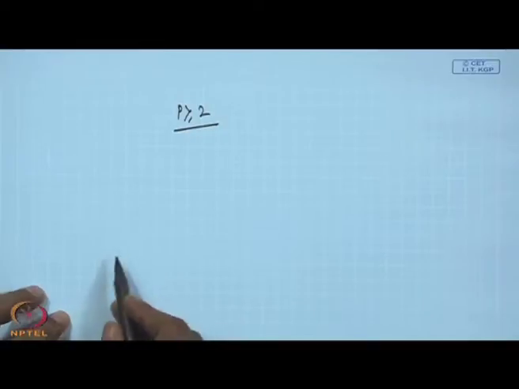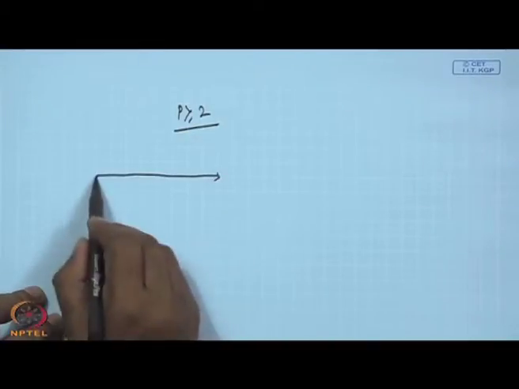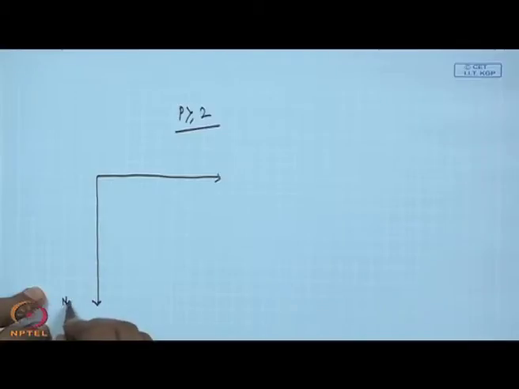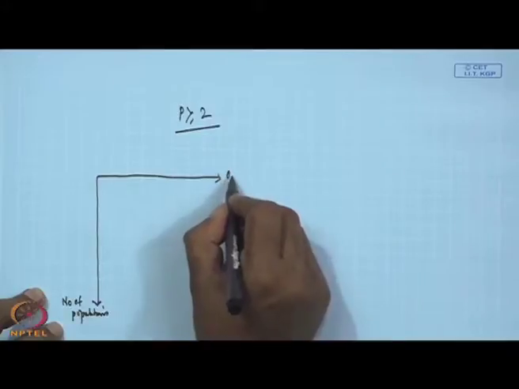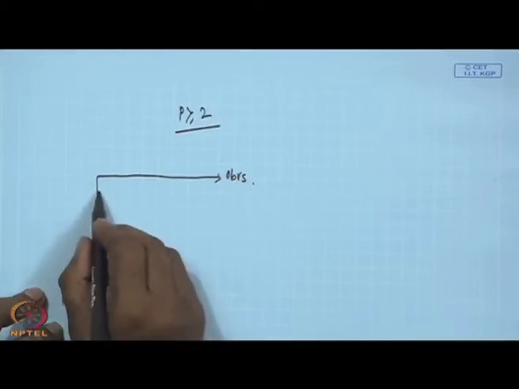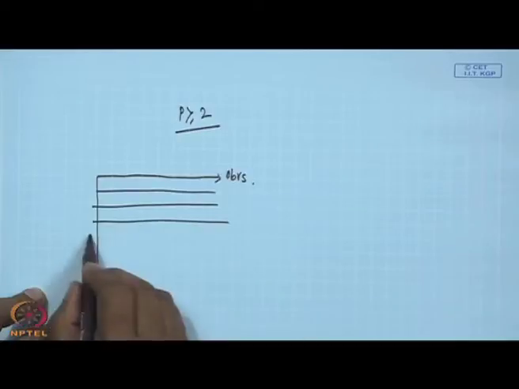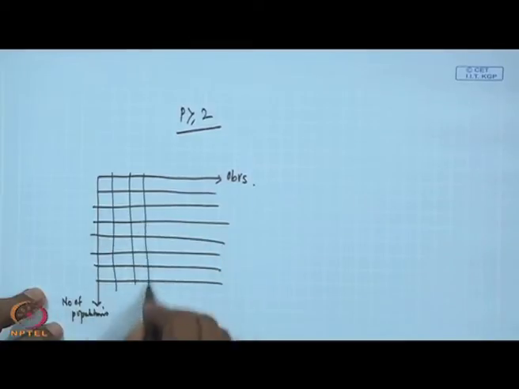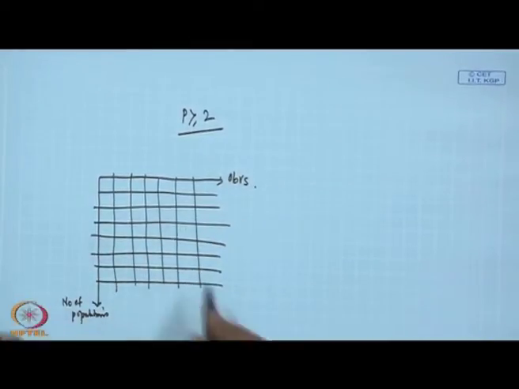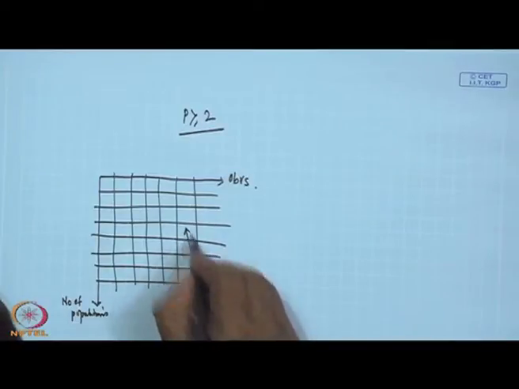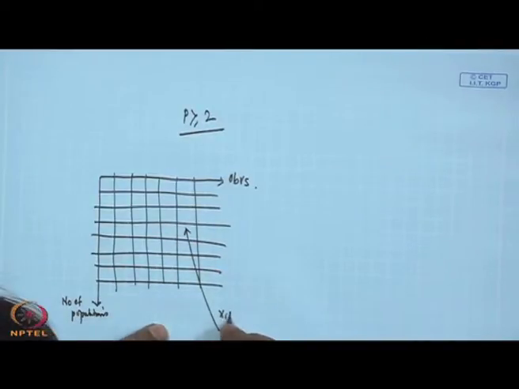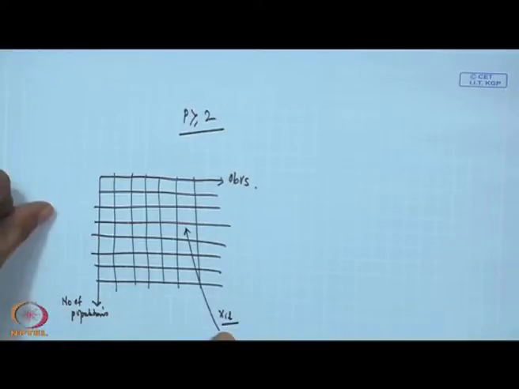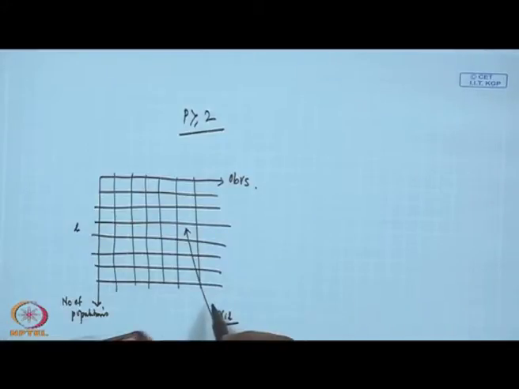So, as a result, you see in ANOVA, what we have said is this: in the ANOVA case, this axis is the number of populations, and this axis is observations, and for different populations you have obtained certain observations. Somewhere there is one observation which is XIL, the ith observation on the lth population, and it is a scalar quantity.